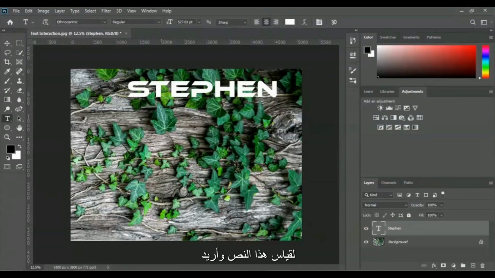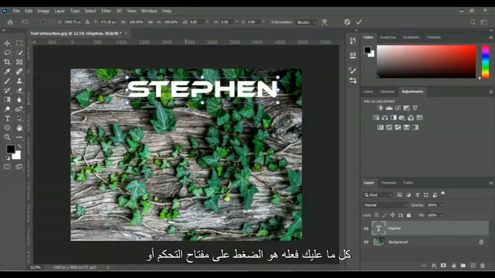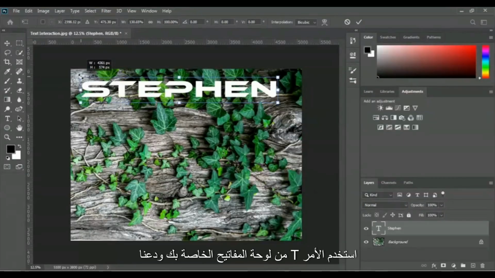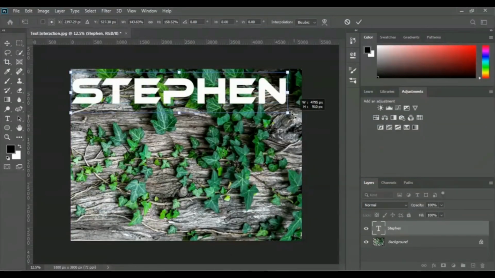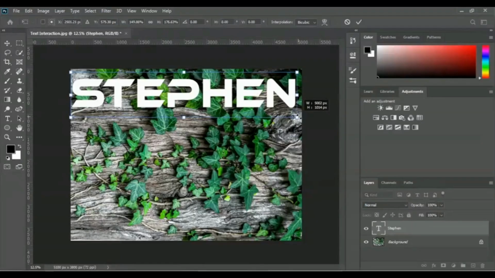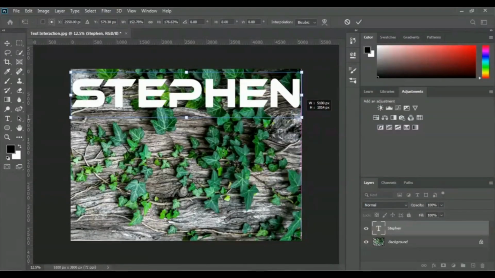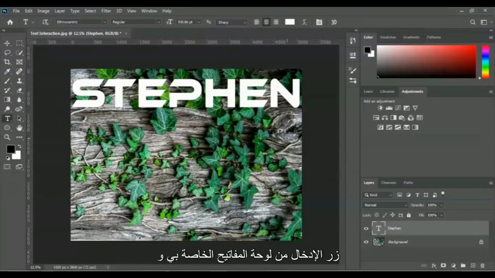So I want to scale this text and make this text bigger. Therefore you just have to press Ctrl or Command T from your keyboard, and let's make this text bigger. Okay, cool. Let me hit the Enter button from my keyboard, and I want to place this text on top,